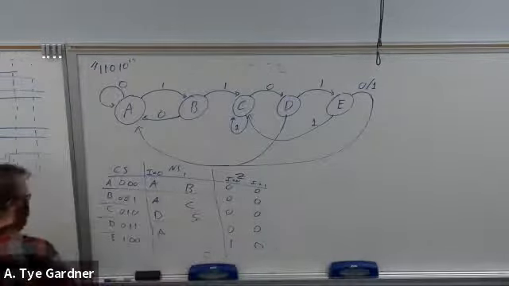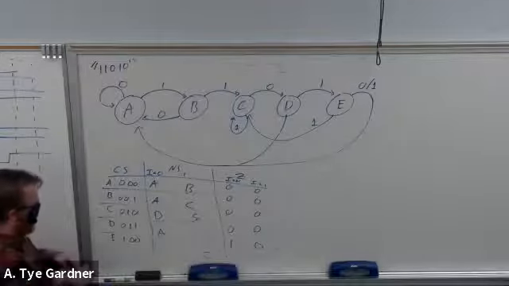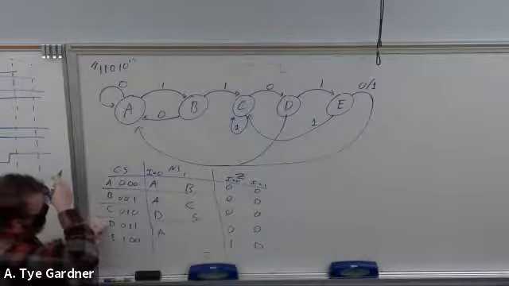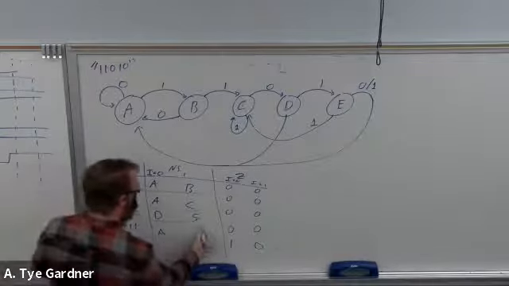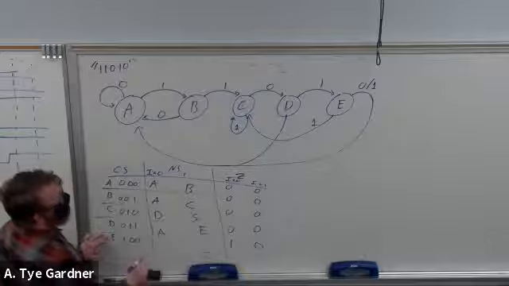There we go. A little more clear. Okay. I'm sorry. So D, if I'm 0, I get an A. 1, I go to E. E, I either go to A